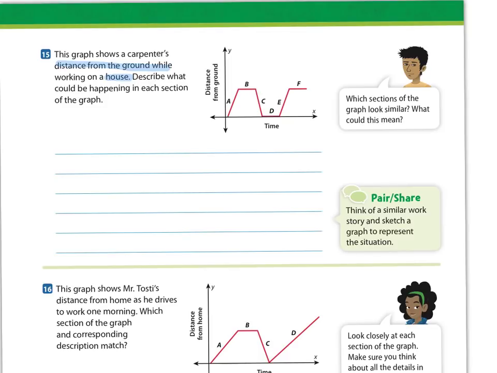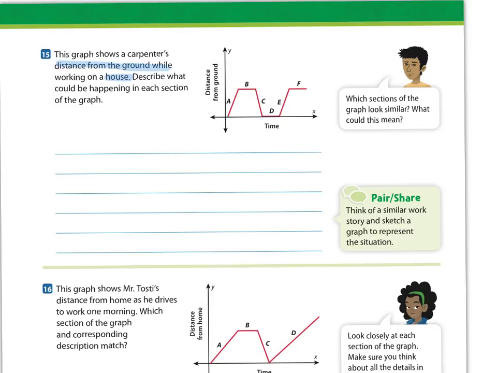So in your stories, things can always be a little bit different. You can just quickly say that the carpenter was in the first floor. That's why the distance from the ground was 0 right here. So he was actually working on the first floor, and then he went up to the second floor to find one of his tools. He found one of his tools, then he came back down, worked for a little bit,